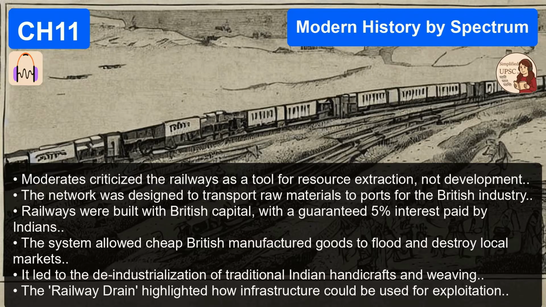And they had one massive, undeniable blind spot. The masses. Right, the ordinary people. That was their fatal flaw. The moderate movement was, by design, a narrow elite movement. It was urban, it was largely upper caste, and it was solidly upper middle class. They simply did not include the peasantry, the factory workers, or women in their political vision.